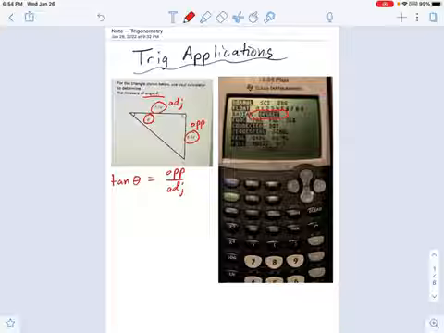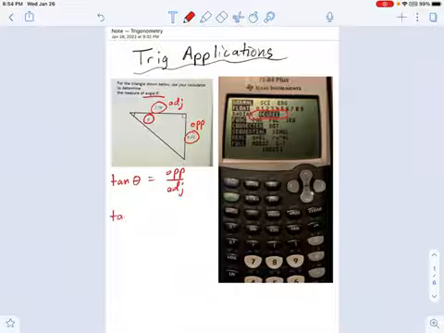So now we're going to plug in the numbers that we know. I don't know tangent of theta. I don't even know what theta is. So let's move on to opposite. That's 6.44. And adjacent is 7.79. So now we have a trig equation. It's really not a complicated one, but I don't want you to go ahead and do the 6.44 over 7.79